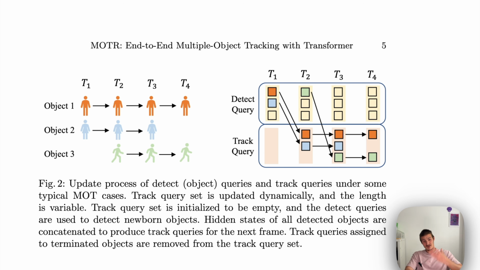To make training a bit more interesting, we will sometimes drop these track queries to let the network train in the scenario where not all of the track queries are present, and so it will learn to reinitialize the queries if necessary. We'll also add false positives, so we'll add this guy here,